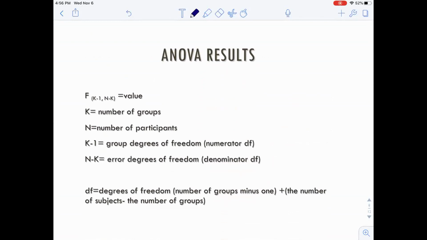So ANOVA results, which is in reality just all that you'll be reading, right? If you're reading reports or journals and things like that, they're going to report some F statistic. And then there's going to be two sets of degrees of freedom. There's a numerator degrees of freedom and a denominator degrees of freedom. You don't need to keep track of those, but